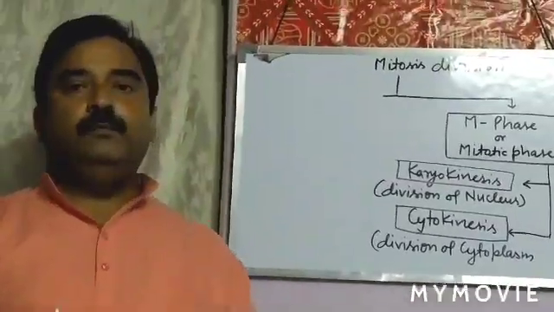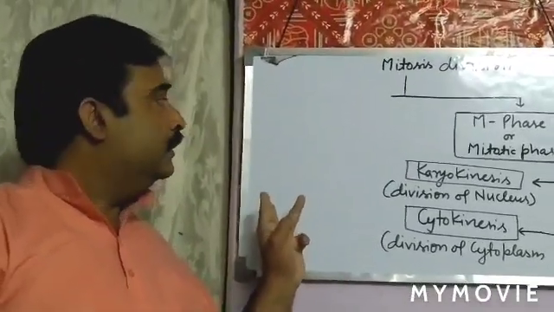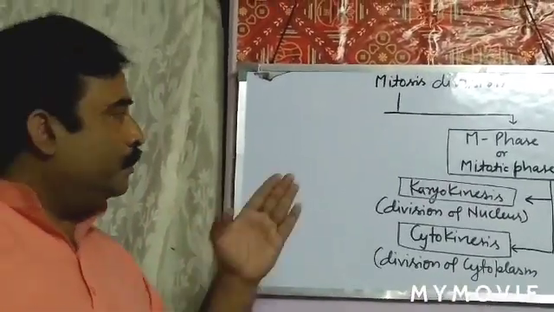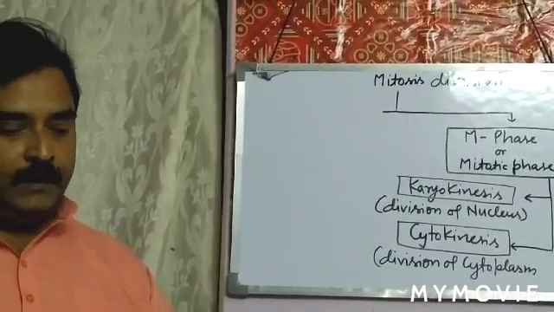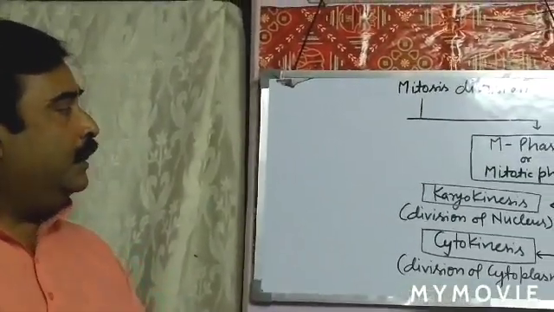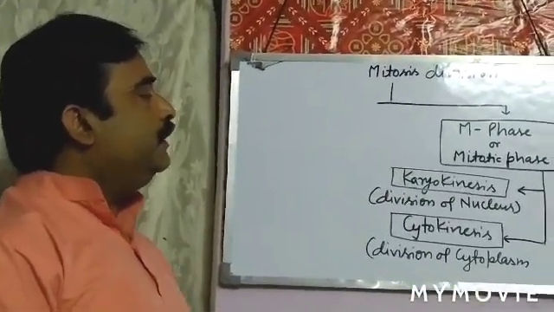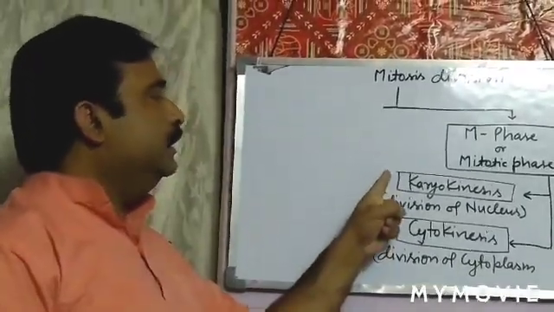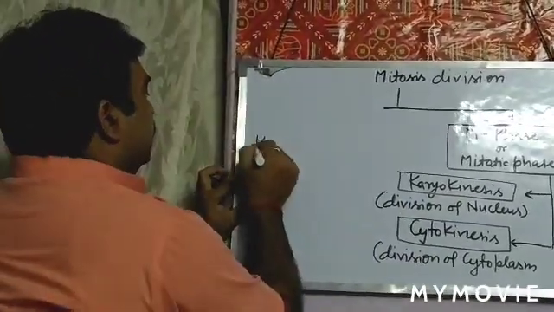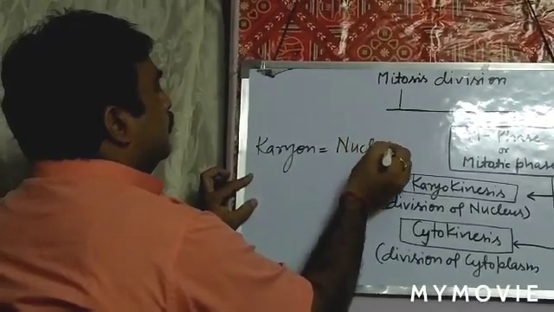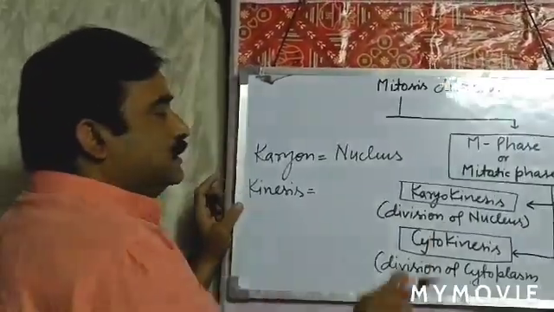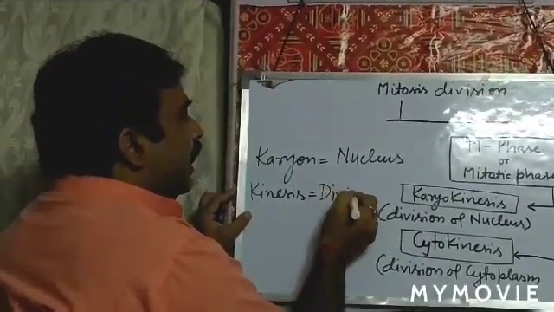Any doubt? No. Now, after the completion of the interphase, the cell enters into the next phase, that is M phase or mitotic phase. Mitos means thread, referring to the chromatin thread or chromosomes, and this mitotic phase is completed in two steps. The first one is karyokinesis. Karyokinesis is derived from the Greek word karyon. Karyon means nucleus and kinesis means movement or division. So karyokinesis is the division of the nucleus,